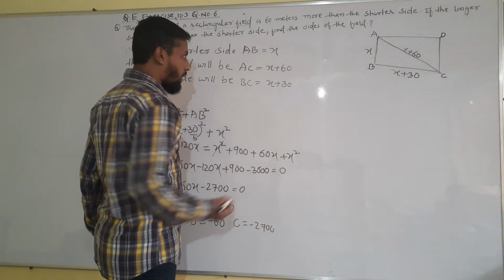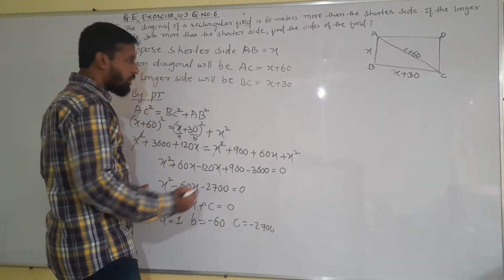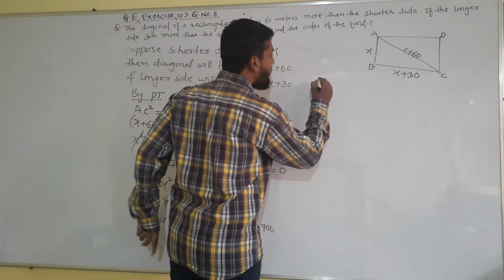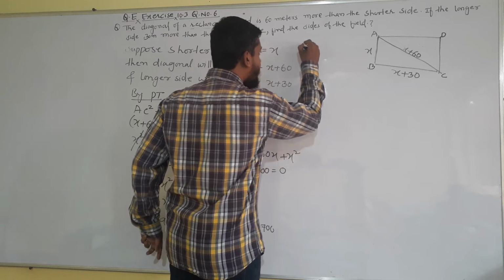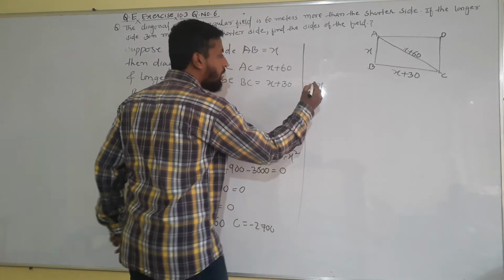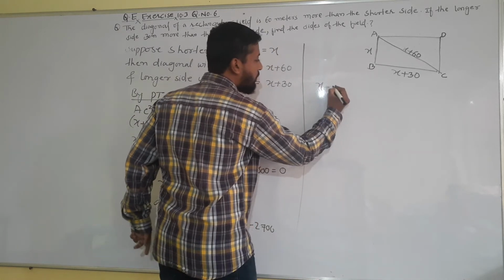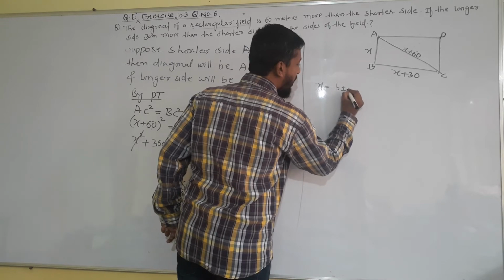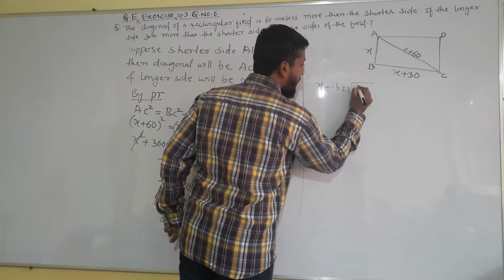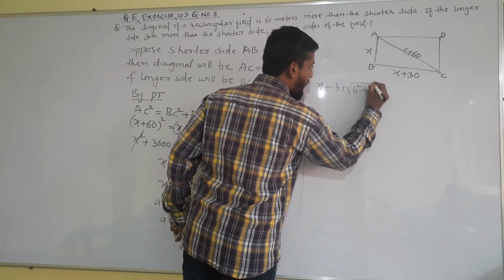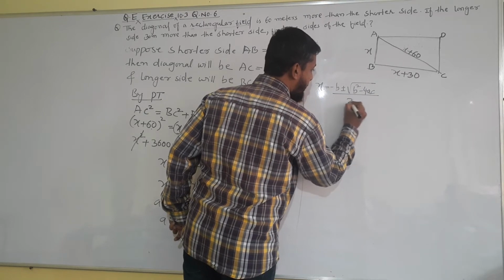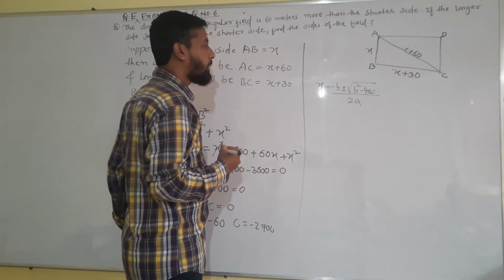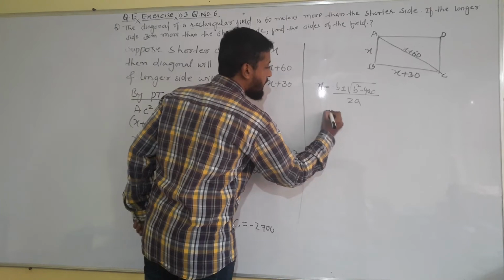Now we will solve here. First we will write the formula. x is equal to minus b plus or minus under root of b square minus 4ac divided by 2a,